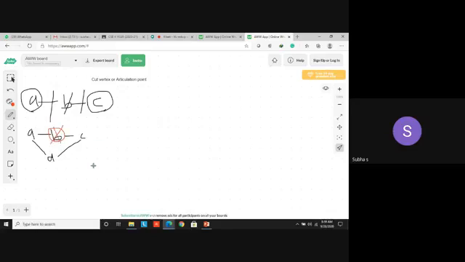Though I remove B here, the graph is still connected. The graph remains connected because A and D are connected, D and C are connected. There is no relationship with these edges. These edges won't get disconnected. Only this edge and this edge will get disconnected. So what will be your resultant graph? A, D, and then C. Yes, this is a graph structure only. Now this B is not considered as the articulation point.